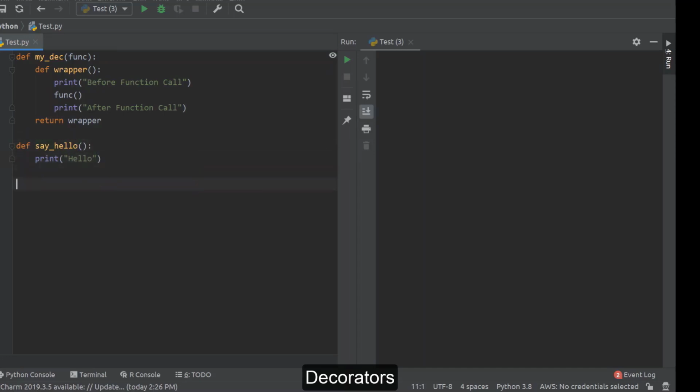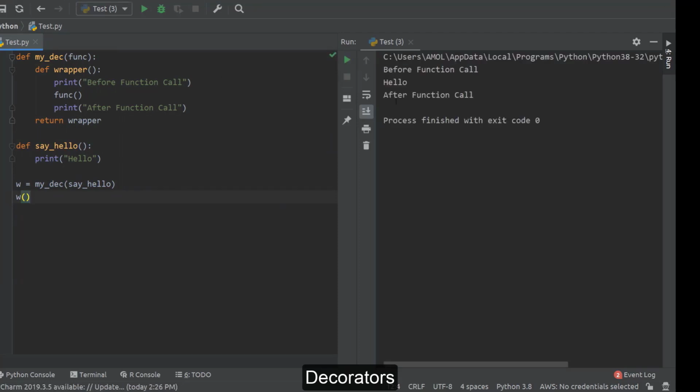Now we can carry out this work explicitly like this. Here we call the decorator, passing the name of the function which we want to decorate. The my_dec function returns the reference of the wrapper, which we store in a variable, say w, and through w we call the wrapper function which actually does the work of the decorator. When you run this code, this is the statement of your function say_hello, and these are the statements of your decorator, before function call and after function call.